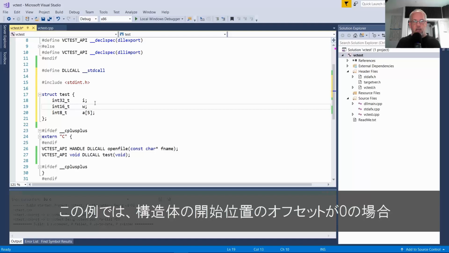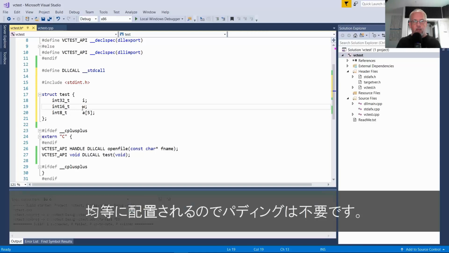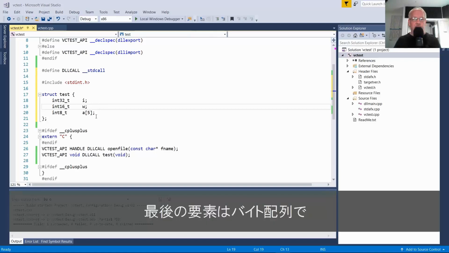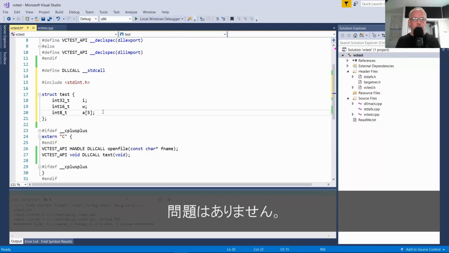In this case, if the structure starts at offset 0, this member would start at offset 4, and since 4 is evenly divisible by 2, there's no padding required here. This last element, being an array of bytes, only needs to fall on a byte boundary, which is really every address, so that would be fine.